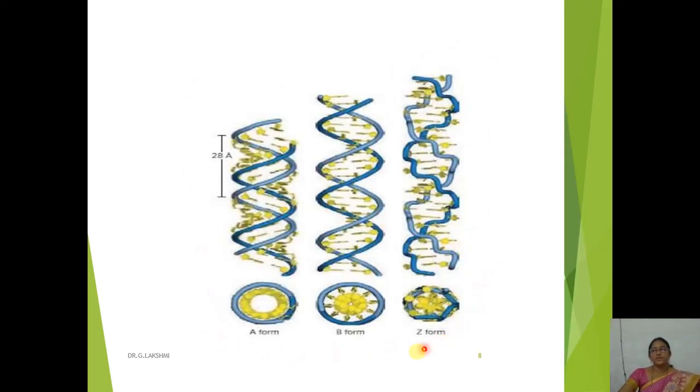These are the variant forms of the DNA available: A form, B form and Z form, and we know that the naturally occurring DNA is the B form of the DNA. This is a double helical right-handed helix. Right-handedness means like a clock, how we see the movement of the needles in the clock. The rotation of the strand is right-handed in double helical DNA. The A form is also a right-handed double helical DNA, whereas the Z form is left-handed, and the rotation is such that some turns are in the form of left, some turns are in the form of right. So it shows a zigzag manner of rotation.